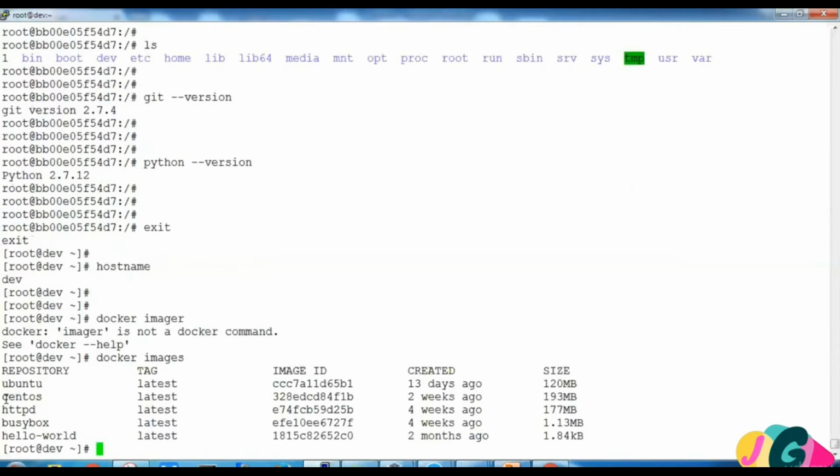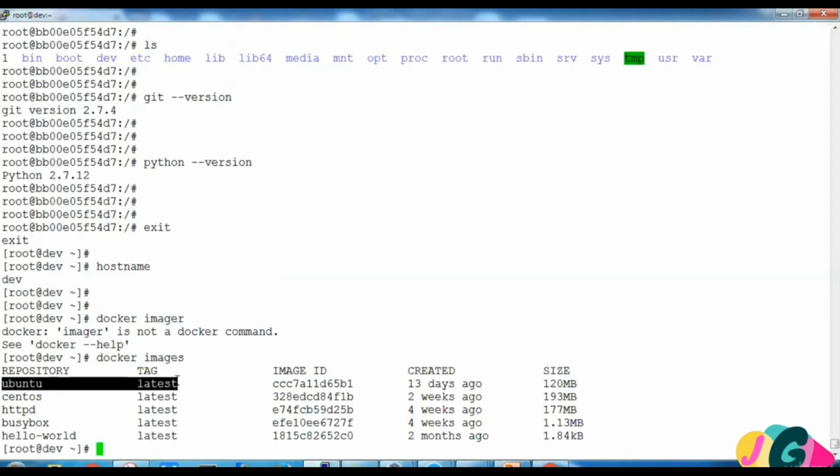So our local images are multiple images, but this container, 54d7, we have deployed from the Ubuntu latest image. So Ubuntu latest will not have the changes. Let's say, for example, something happened and this container is not working or not available, then we'll have the option to install the OS from this image. That we can do, but we will not have the installation of Git and Python and the update.